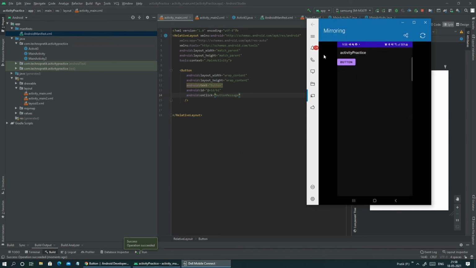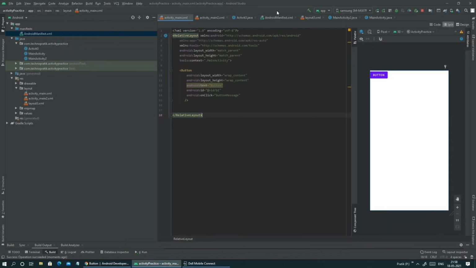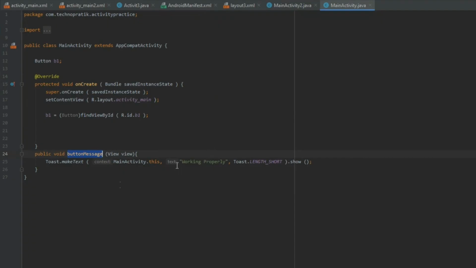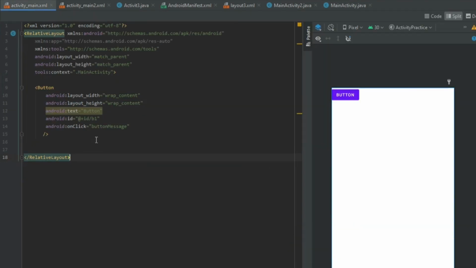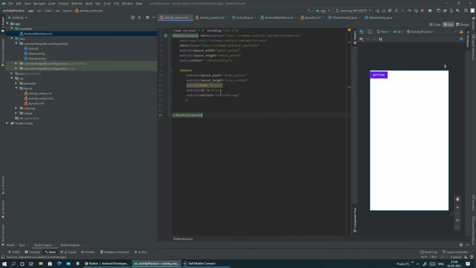Now here I will click on this button, and okay, so it is working properly. We have just used one method, and we put this method name in onClick, and whenever someone clicks on button it works.